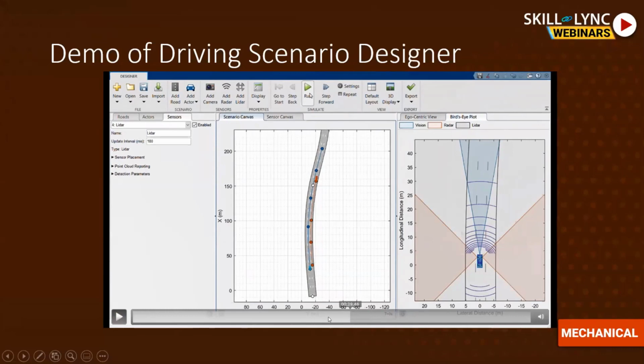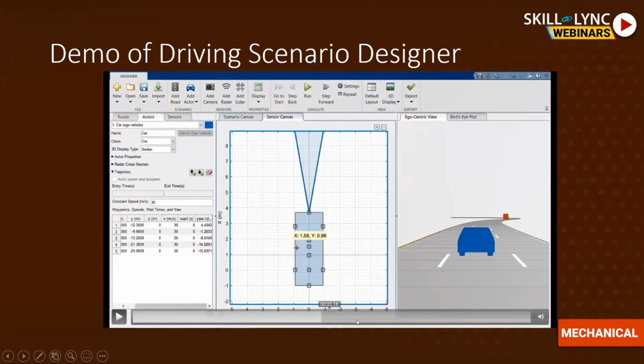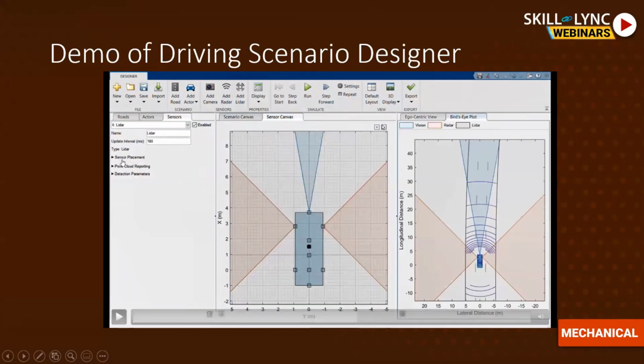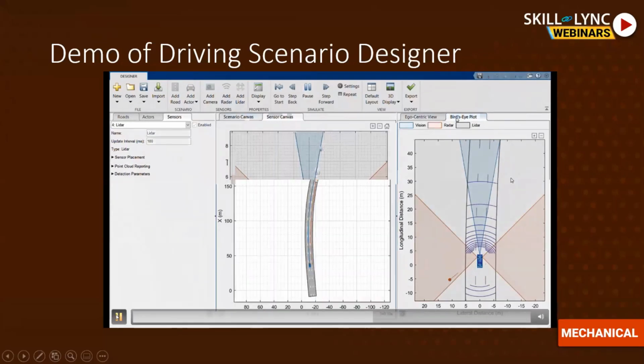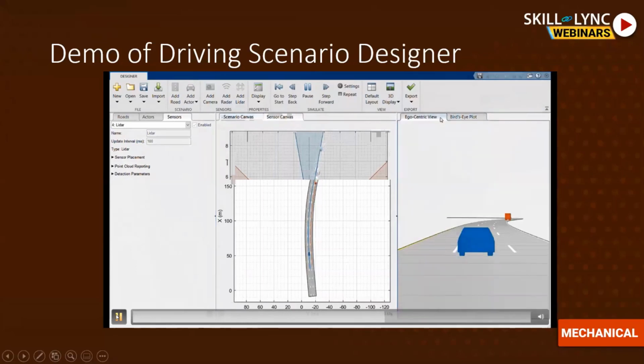And if you missed it over here, while adding the different sensors, there are also various specifications as to where you want to place the sensor, and the various details about each sensor as to what is the field of view, what is the angle, what is the maximum range, everything. All of these data can be availed from the data sheet of the specific sensor you're working with, and you can add those details in this area. And once I add that, I am now waiting to see whether I'm getting detections.